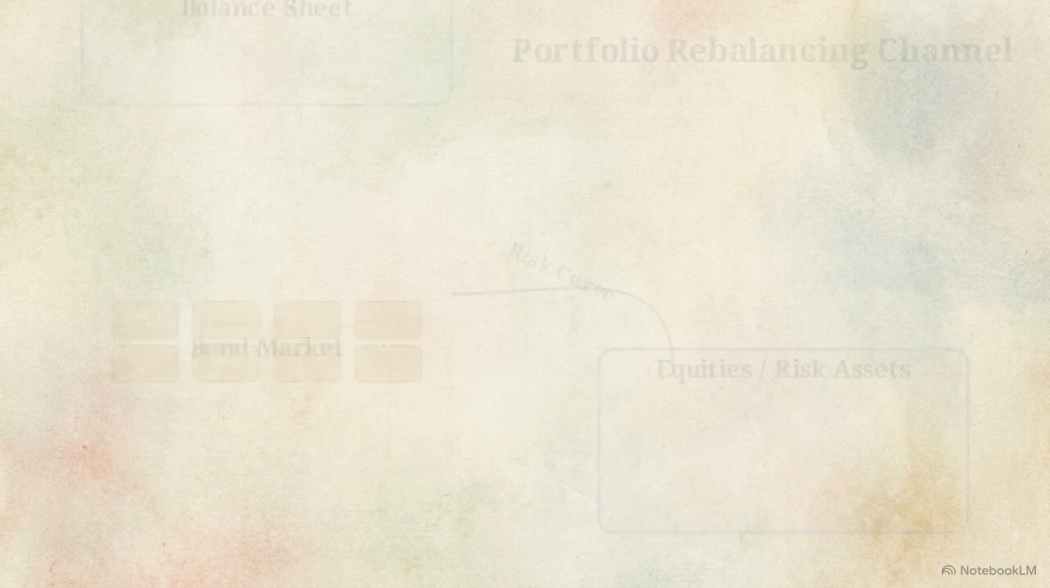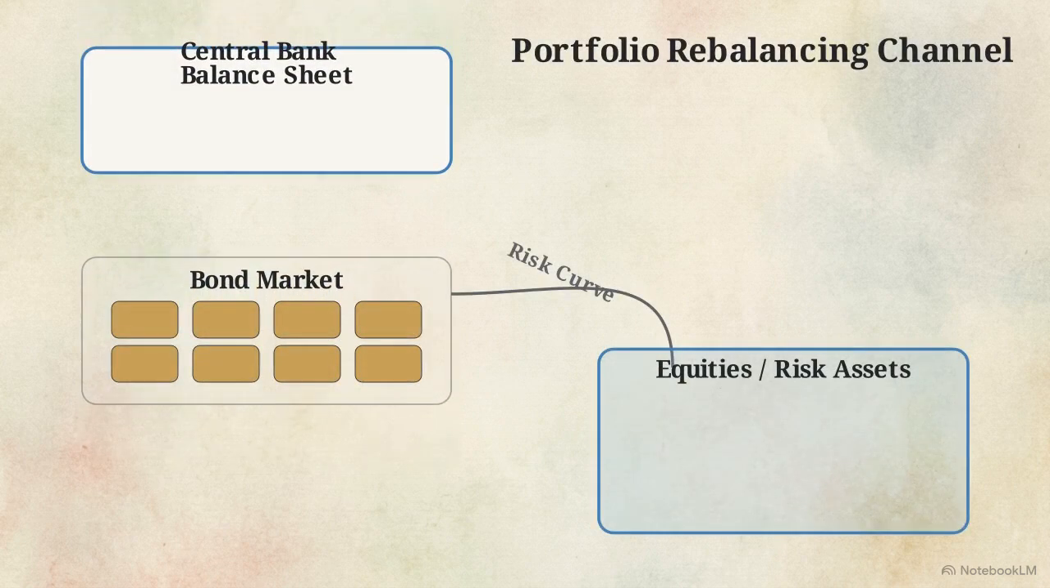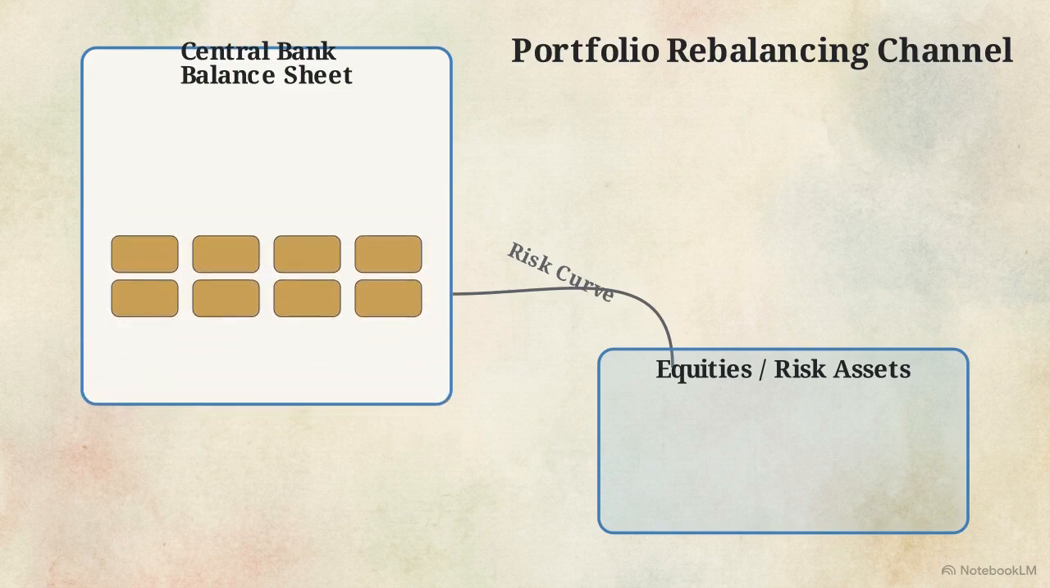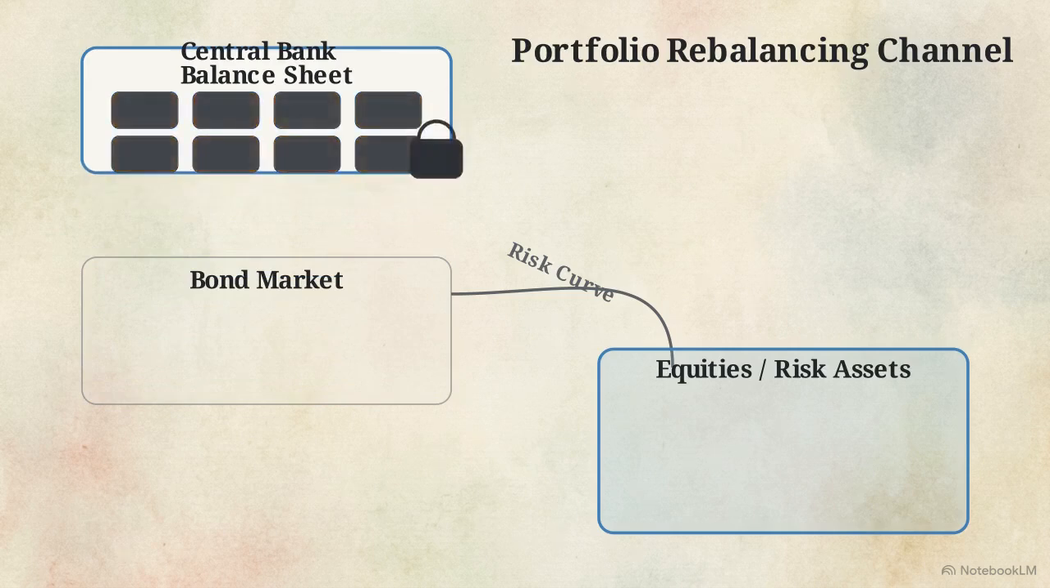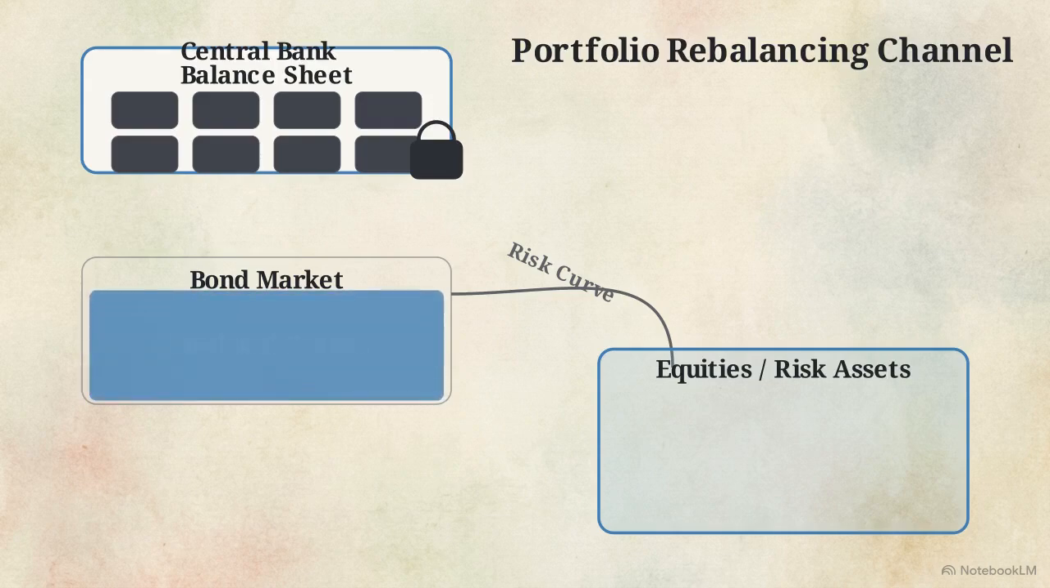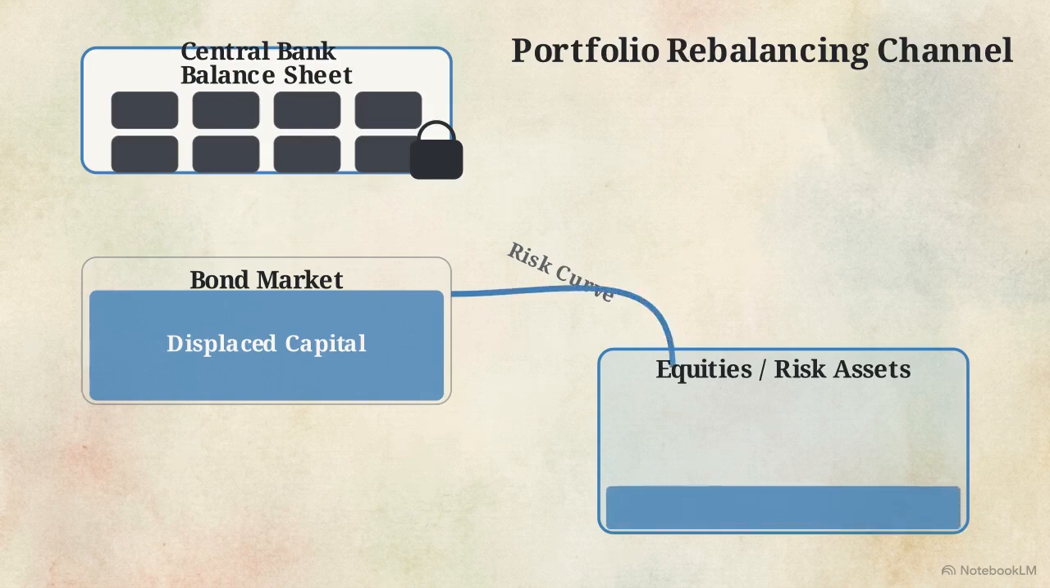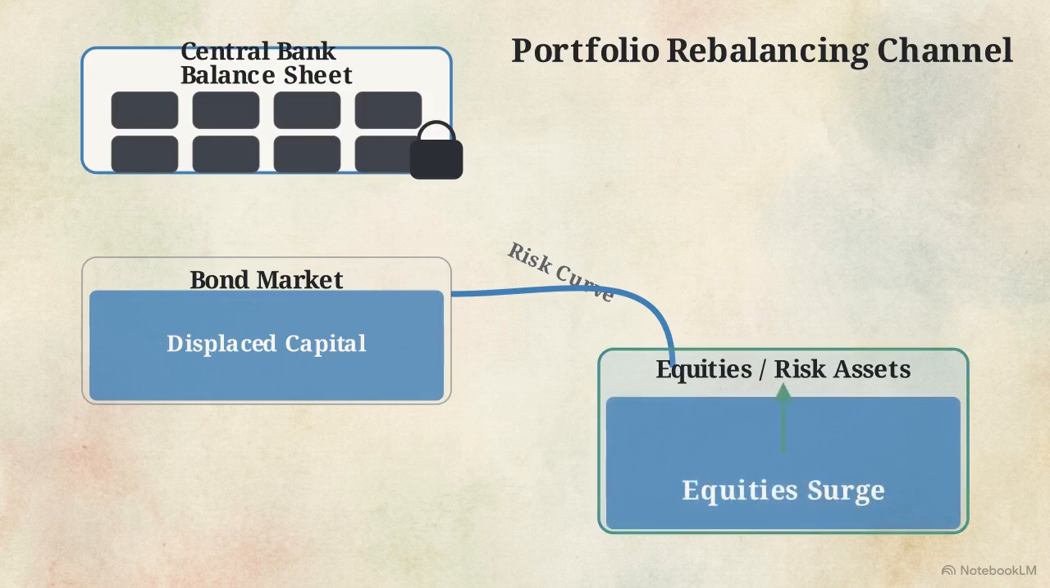This diagram illustrates the specific mechanism of action called the portfolio rebalancing channel. The central bank's balance sheet expands to absorb vast blocks of safe, sovereign bonds. By intentionally removing these highly secure assets from circulation, the central bank engineers an artificial shortage of low-risk yield. Institutional investors, like pension funds and commercial banks, are now deprived of safe government bonds. To meet their return targets, they are forced to rebalance their portfolios, moving their capital down the risk curve and